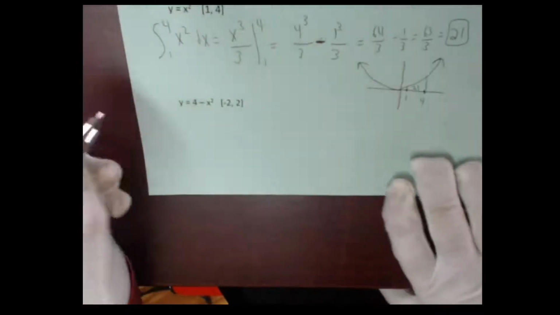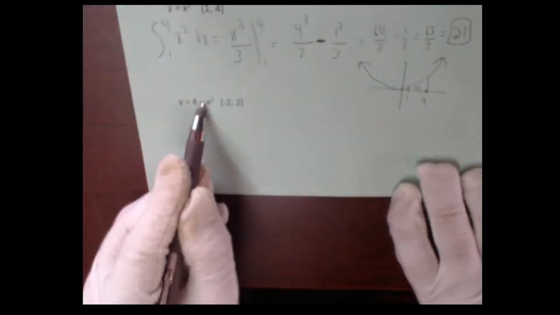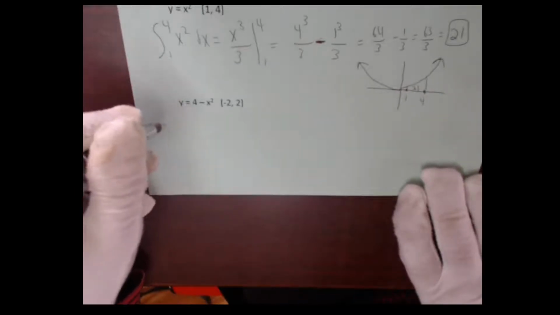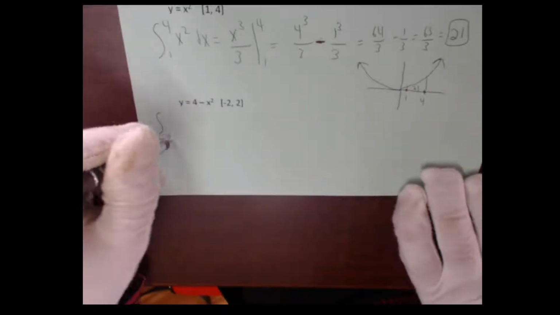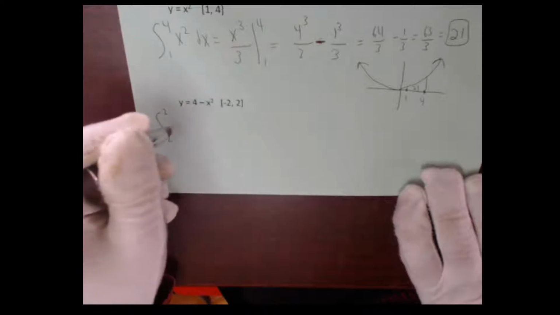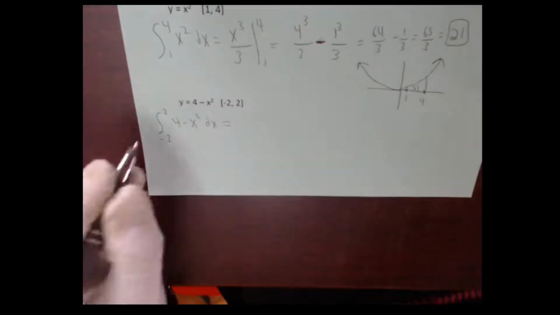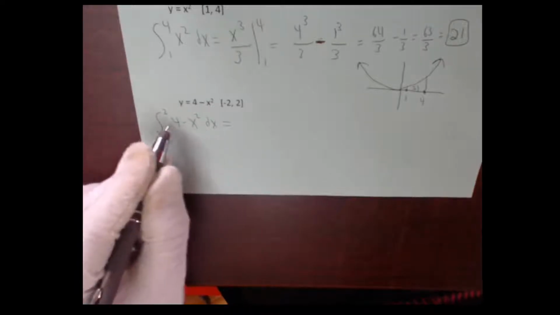All right, let's do the next example. Don't be afraid that there's two terms here. We can do this. We want to find the area between this and the x-axis from -2 to 2. So in order to do that, we are going to say the integral from -2 to 2 of 4 minus x squared dx. Now remember that our integral sign applies to both of these, and we can apply it to